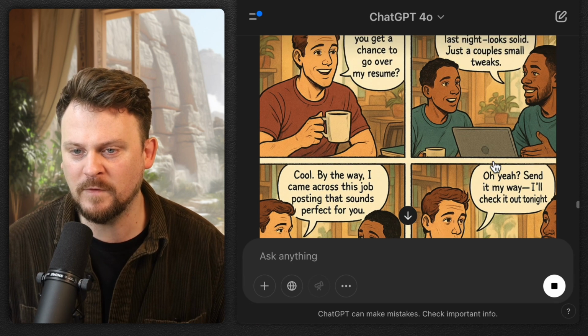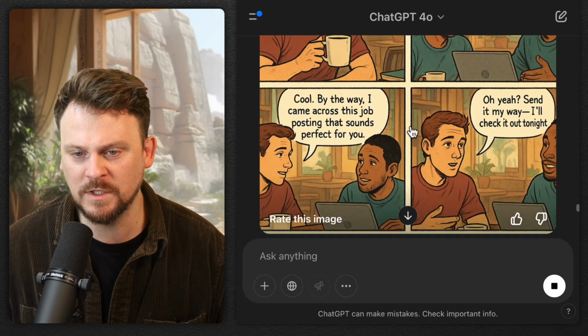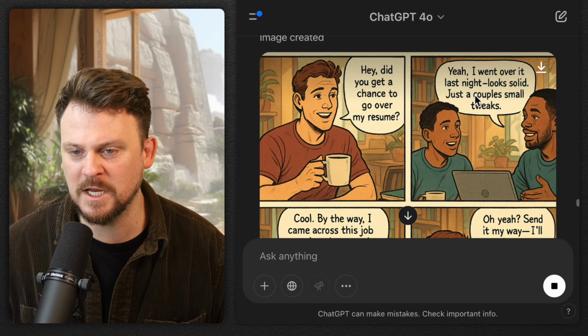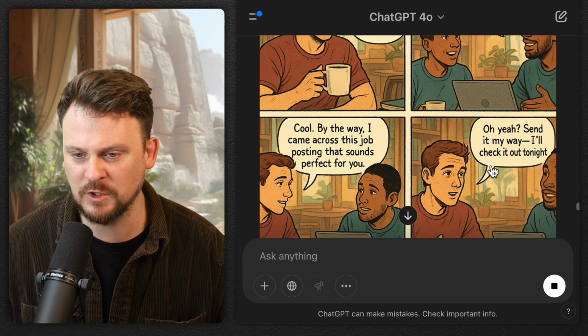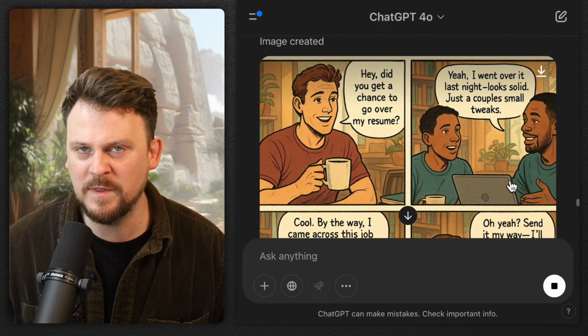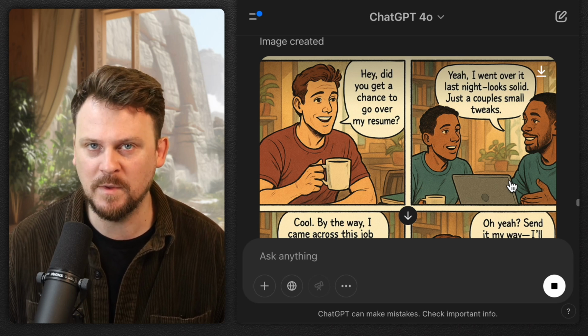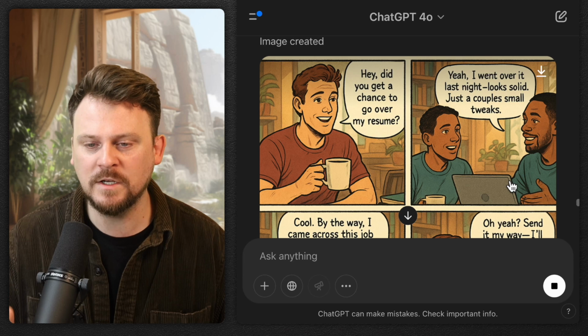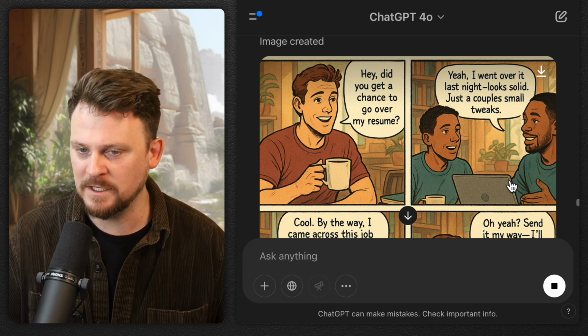Now, apart from the obvious visual inconsistencies, swapping out of characters, there are a couple of text issues, just a couple's small tweaks. And also, look at this bubble here. This should be the other guy talking, I believe, right? It should be near his mouth. So this, I think, is right on the edge of the image, the new image generation capabilities. But I wanted to still show you, and in my testing, it was also very inconsistent, these similar kinds of